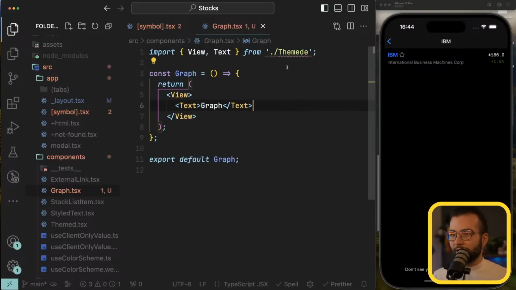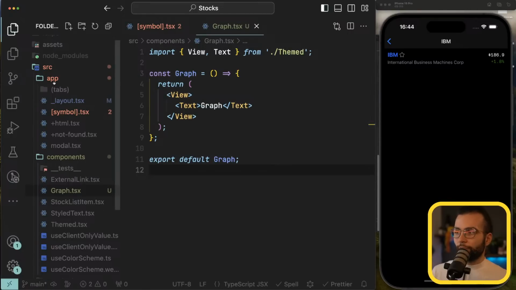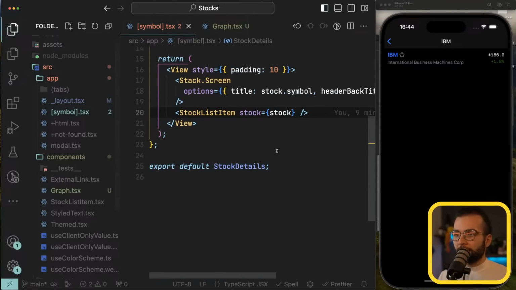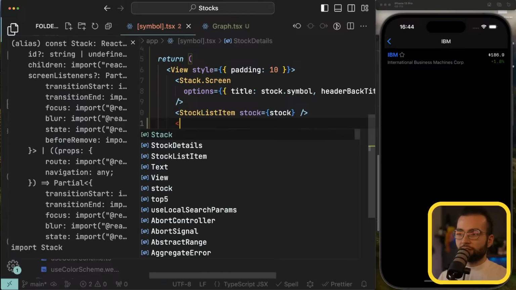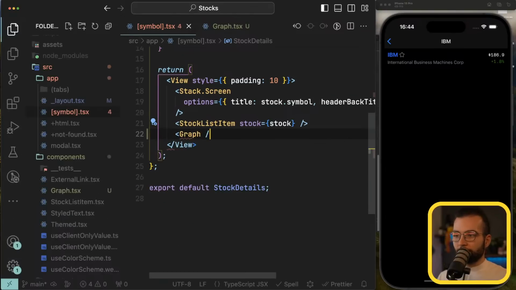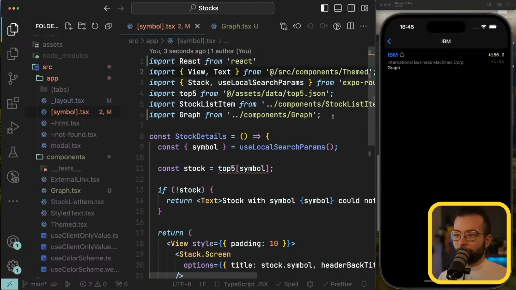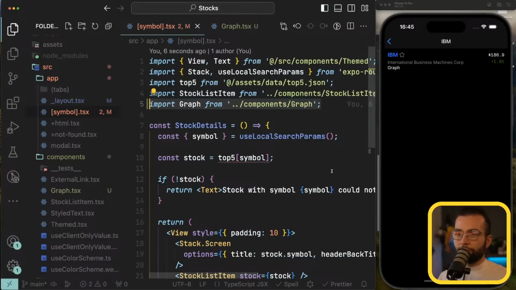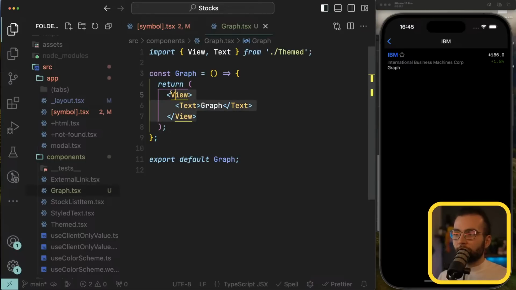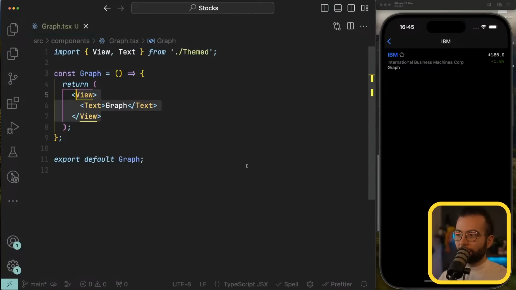from themed, and yeah, this is a bare bone component. Let's go into the application symbol, and after the stock list item, let's render the graph. It automatically imported it for me. If it didn't for you, make sure to import it from components graph. As we can see, we already should see this graph text on our page. That means that our component is being rendered, so we can close everything and focus solely on this graph component